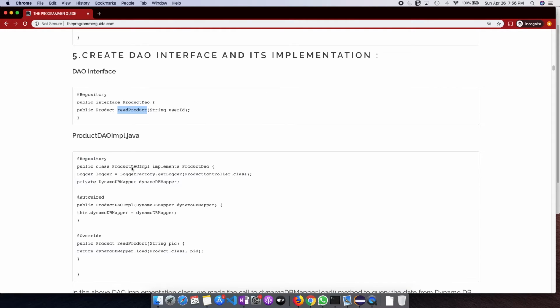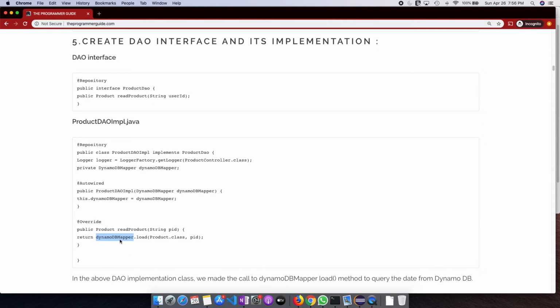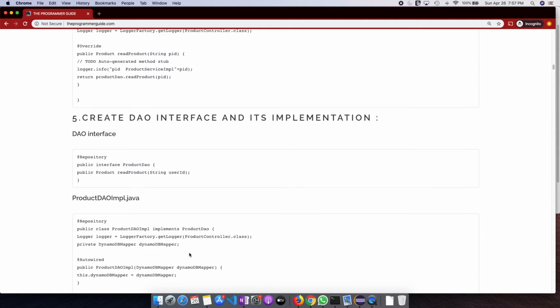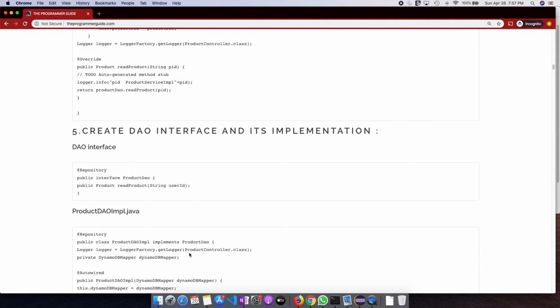Here in the implementation class, you have to call the DynamoDB mapper object, and this mapper object has the method called load, which is used to read the data from the DynamoDB. For that, you have to pass a Product POJO class.